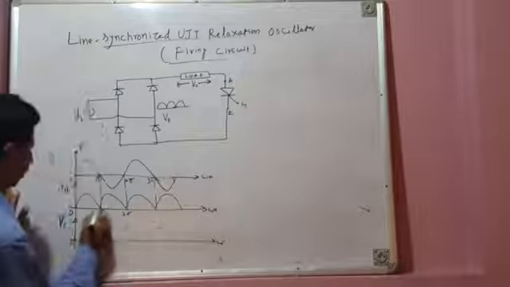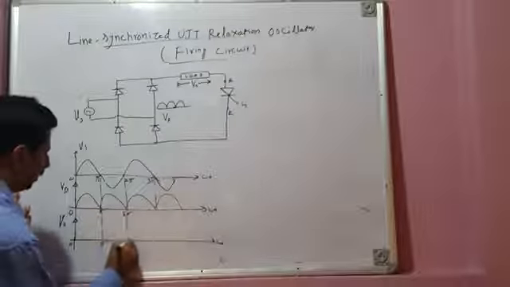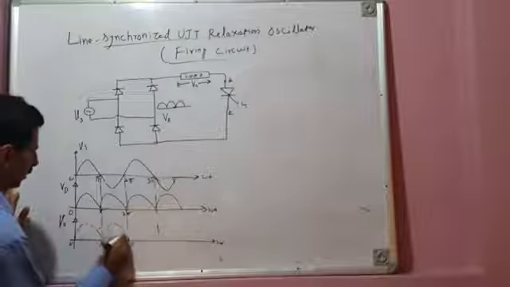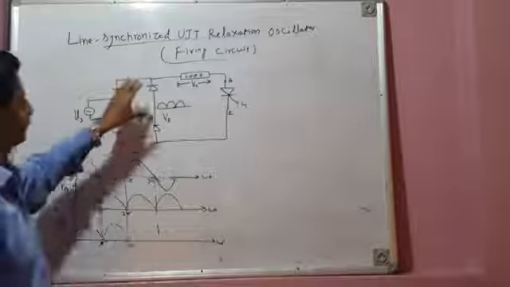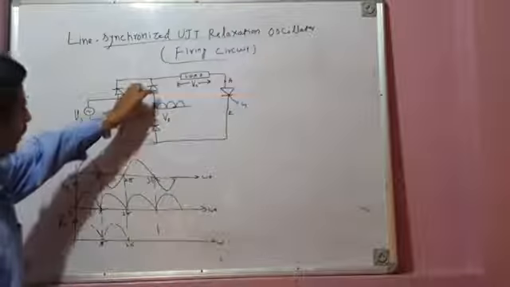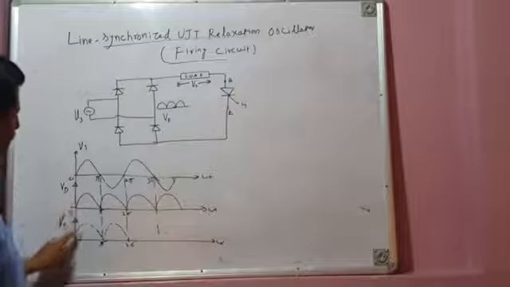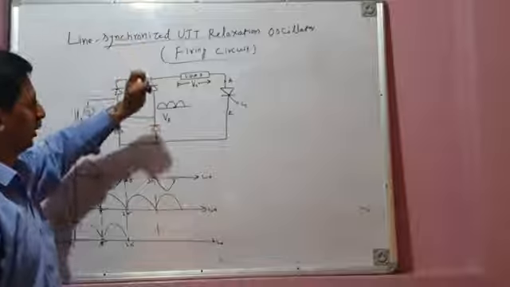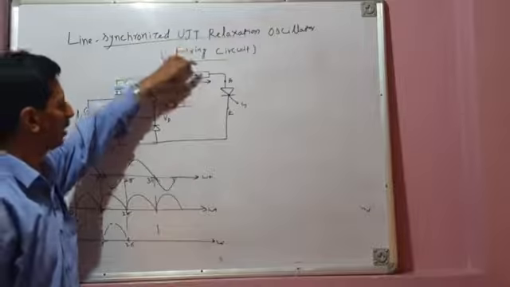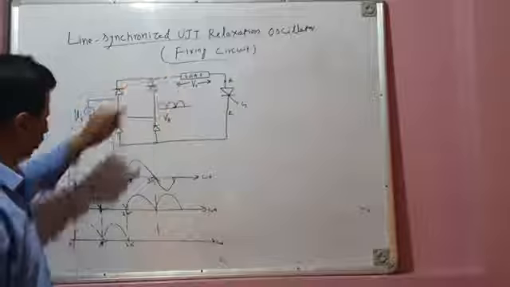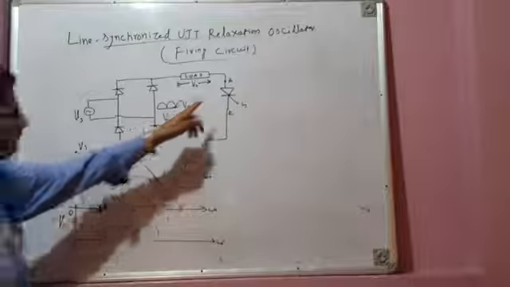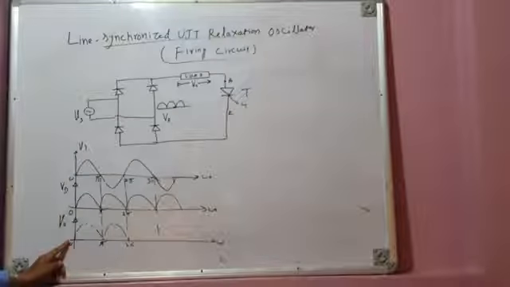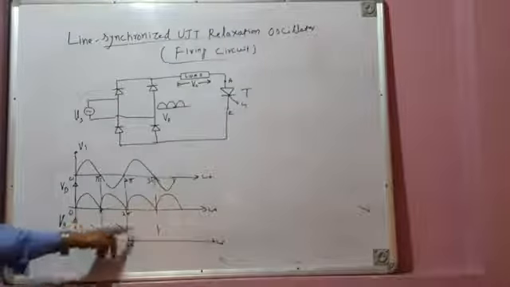This is 0, this is pi, 2 pi, and so on. This load voltage can be like this. What I do is that, this is the voltage available. Let me take first positive half cycle, 0 to pi. I want a controlled voltage across the load. So if I want the same voltage across the load, I will fire thyristor T right at omega t equal to 0. So when I fire it at omega t equal to 0, the full voltage gets applied across the load.